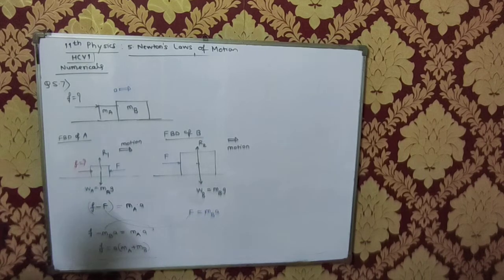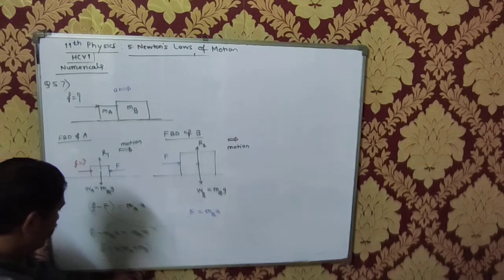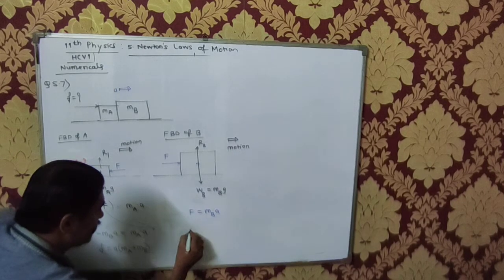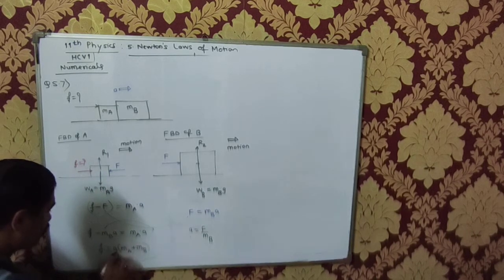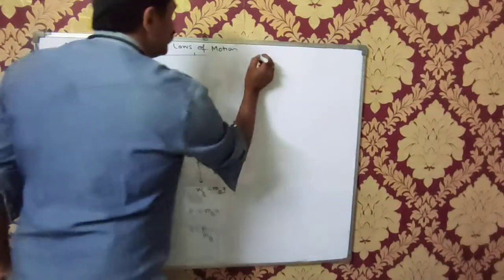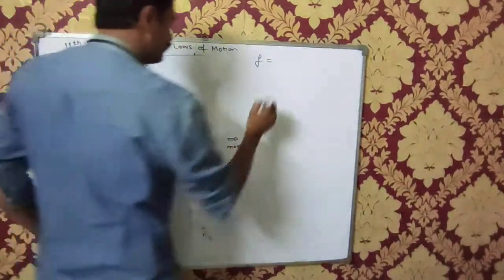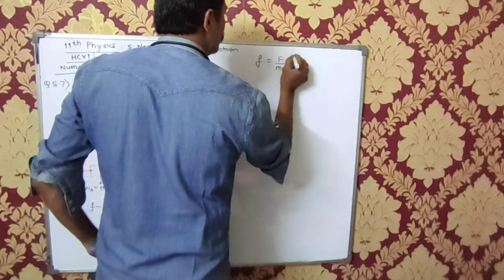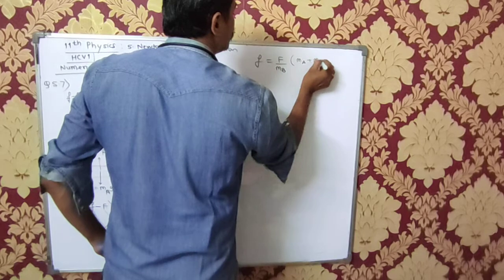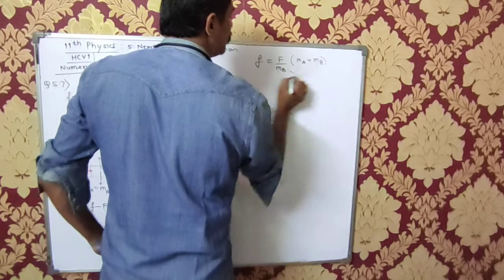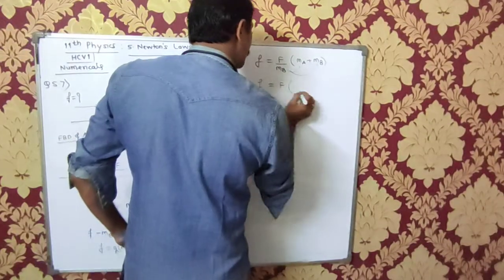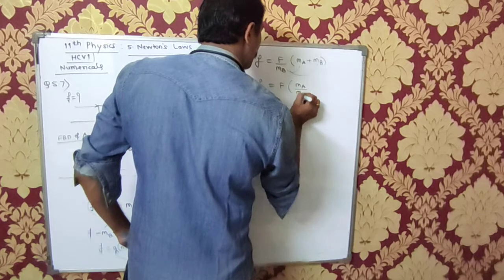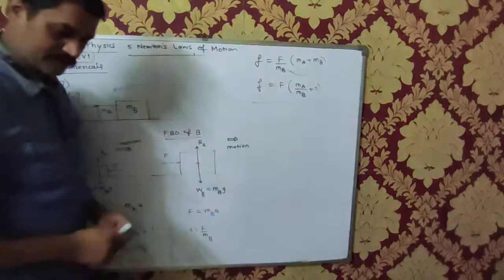Now I want to find out what this acceleration is. Look, here the acceleration, if I write acceleration is equal to F upon MA plus MB. Correct? So can I replace this a here by this? Yes. So what am I going to get here? F is equal to F upon MA plus MB into MA plus MB. Can I send this one upon MB inside and divide? So what is the force exerted by the experimenter? It is given by F into MA upon MB plus 1. Check the answer please.